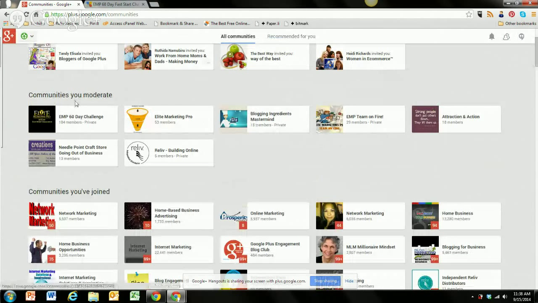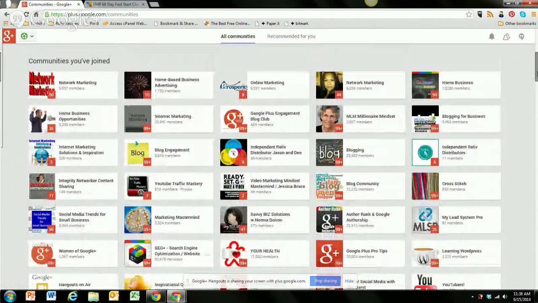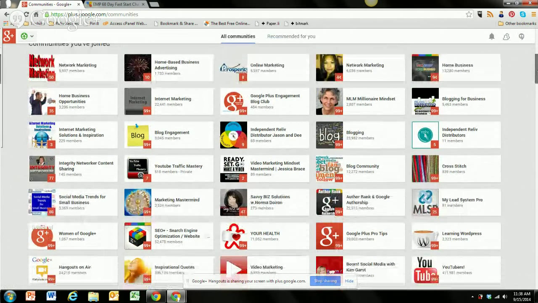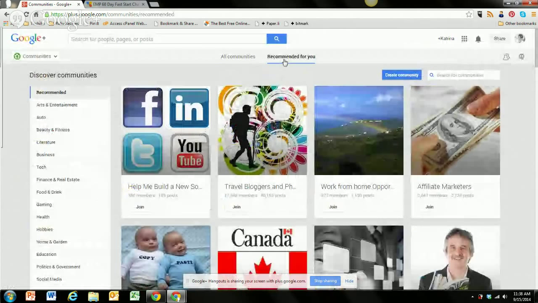This was the access to our last EMP 60-day challenge, so the people that are in this group only have access to this group and what went on in there. But you'll see, I have different masterminds in here, so we create our mastermind groups in here, so I can create my own. And then communities that you can join, there are hundreds of thousands of communities that you can join that are extremely interactive. Anything from network marketing to swimmers, whatever. And as you build them, Google will give you recommendations based on what you post about and what you write about: here are some communities that you may want to be in.